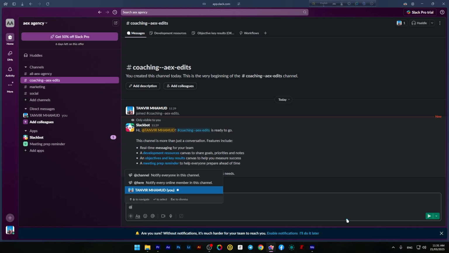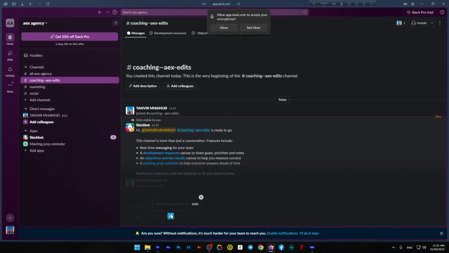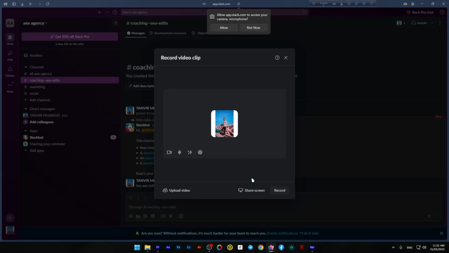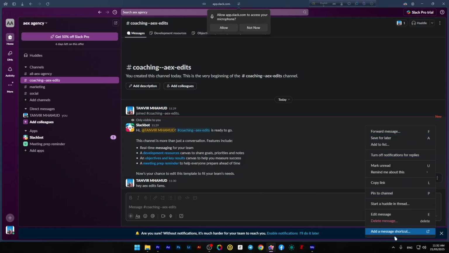And if you want to send a quick voice or video message, just here you can record it. If your device or PC has a mic, you can send a video, or just upload the video, and it also supports screen sharing. And there are some best features in Slack, which is, first of all, you can